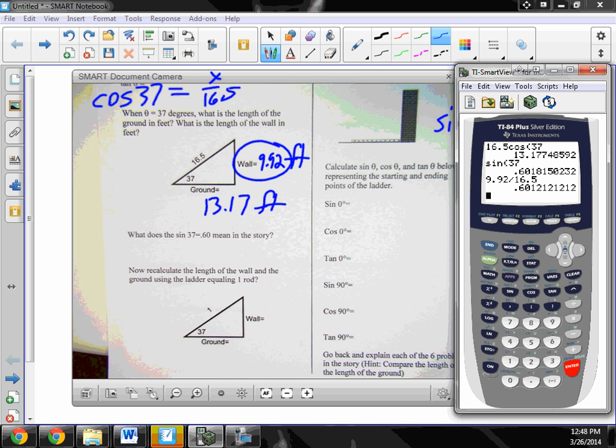Right. So the answer is just, so it means that the wall is 60% of the ladder. Yeah, that's the answer. The wall is 60% of the ladder. Now,